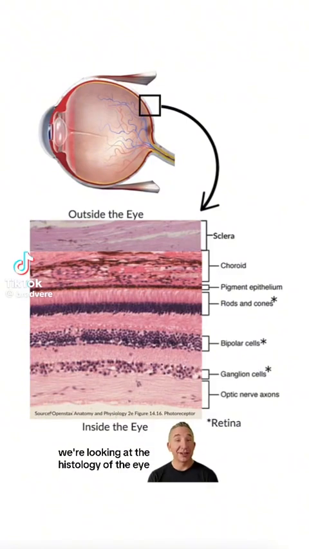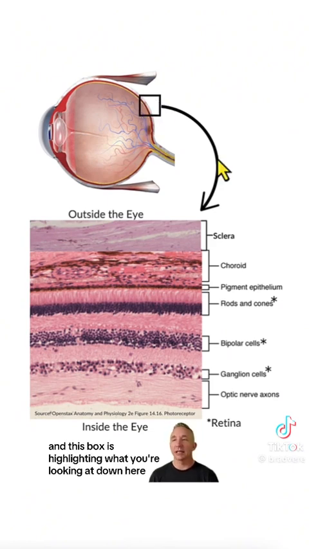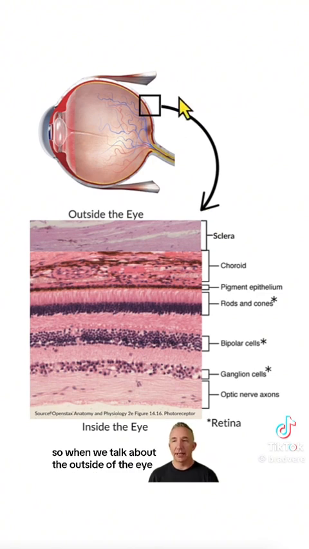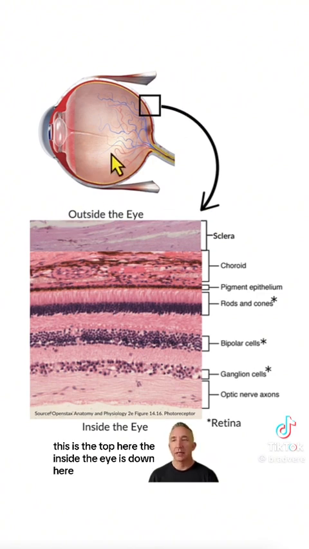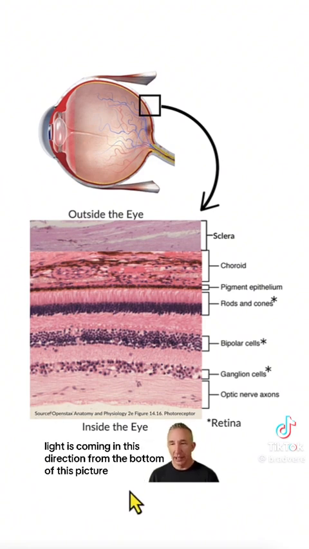We're looking at the histology of the eye, focusing on the posterior side. So I took the eye here and I created this box. And this box is highlighting what you're looking at down here. So when we talk about the outside of the eye, this is the top here. The inside of the eye is down here. So as light is coming in this direction, from the bottom of this picture,